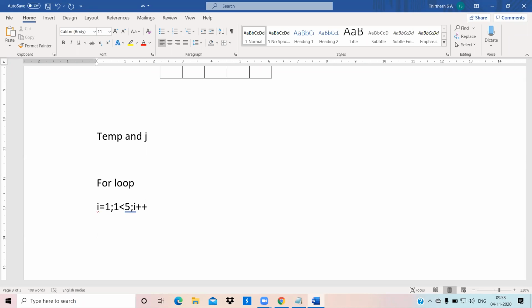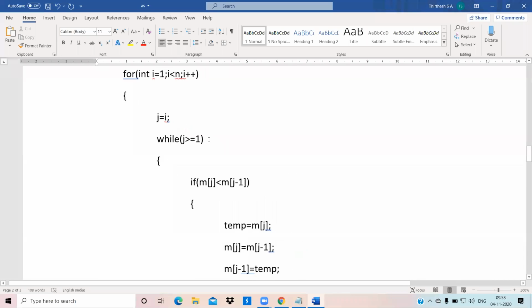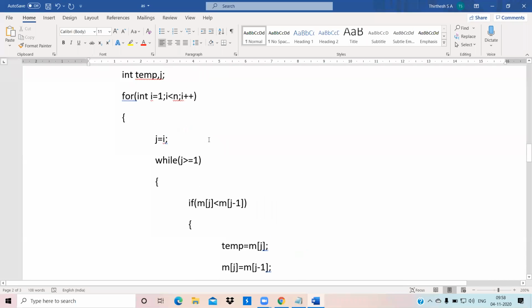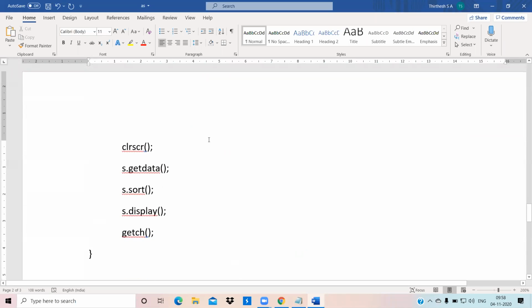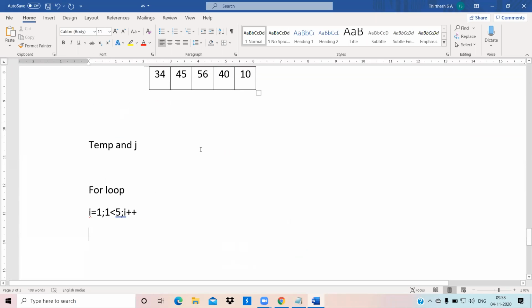Okay, what happens here is j is equals to i. Now the duplicate variable j has taken the value of i, which means that j is equals to 1.